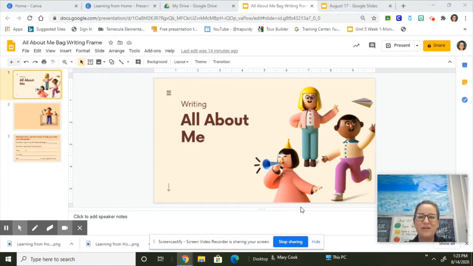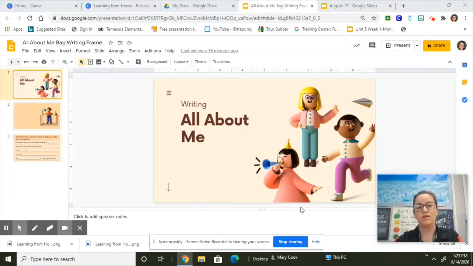Now, this morning we are going to be working on some writing with that box that you created yesterday. Yesterday, you created a box with 4 things that represent you. Today, you are going to pick just one of those things to write about. So even if they're all super, super great, you got to narrow it down and choose one.